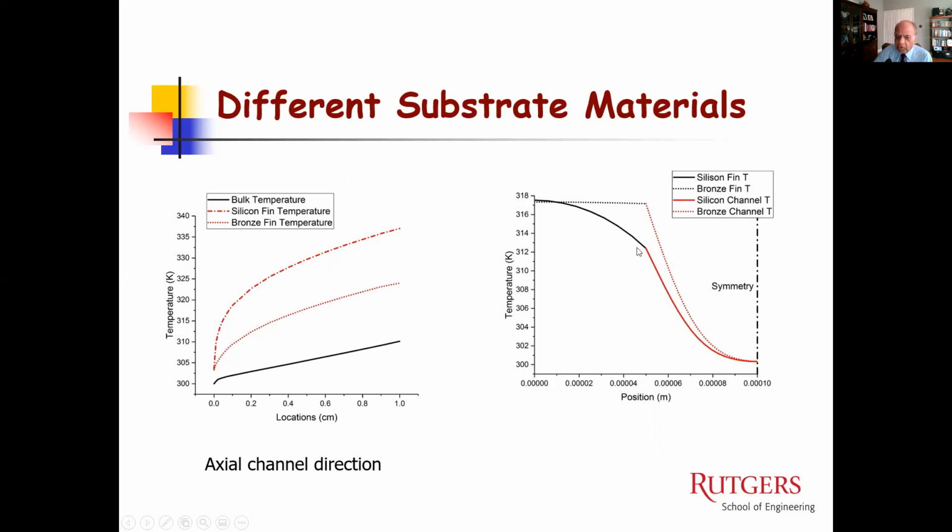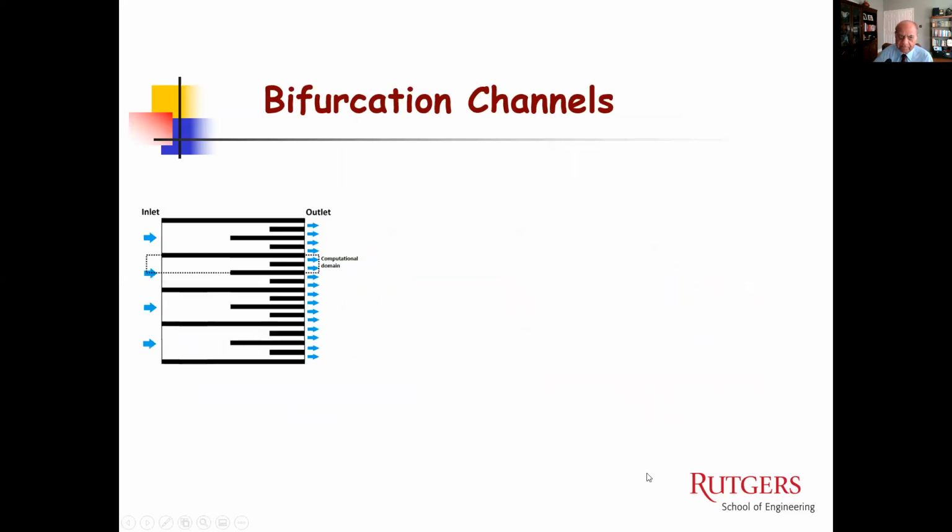So depending on what material you use, there would be differences. As you can see, delta T bronze is very small, delta T silicon is much larger. And this is basically looking at different substrate materials in which we have made the microchannels. Whether it's made in silicon, in bronze, or in some other material, it becomes an important consideration because of the temperature and the pressure that you deal with.